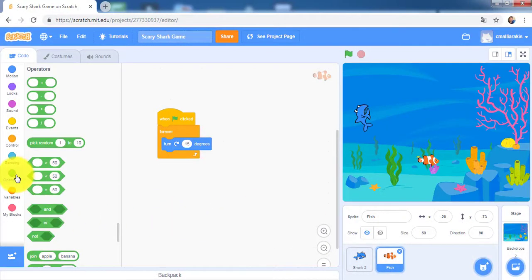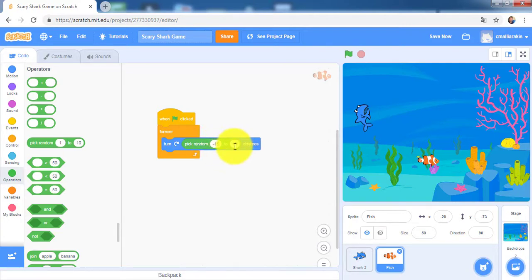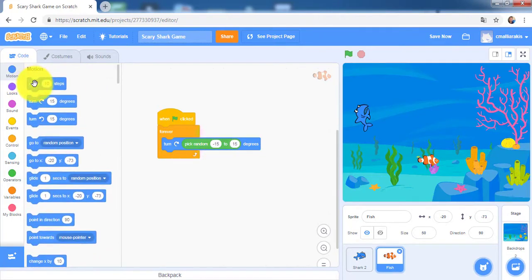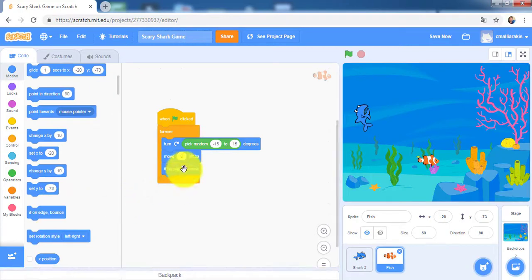I'll go right here to operators and pick random from -15 to 15 degrees, and then go back to motion and click move. I will move, not 10, I will use something smaller, 8 steps for example, and then if on edge, bounce. So let's try right now, and you can see that my fish